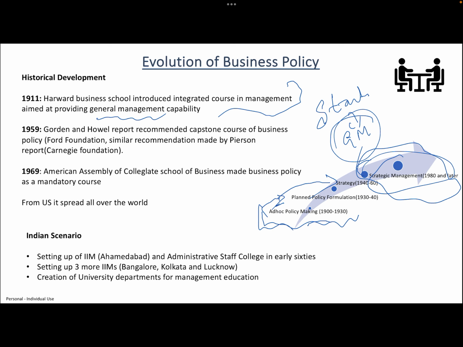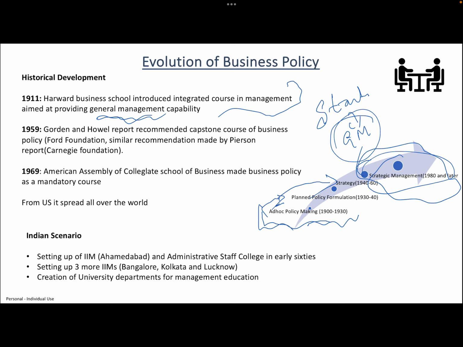Specialized management is a chartered accountant who focuses on the finance aspects of the business, a company secretary who focuses on the compliance part of the business, engineers who focus on the manufacturing part of the business. Those are all specialized kinds of management. So strategic management is a collaboration of all these skills. That's why it is a general management capability which started in Harvard Business School in 1911.